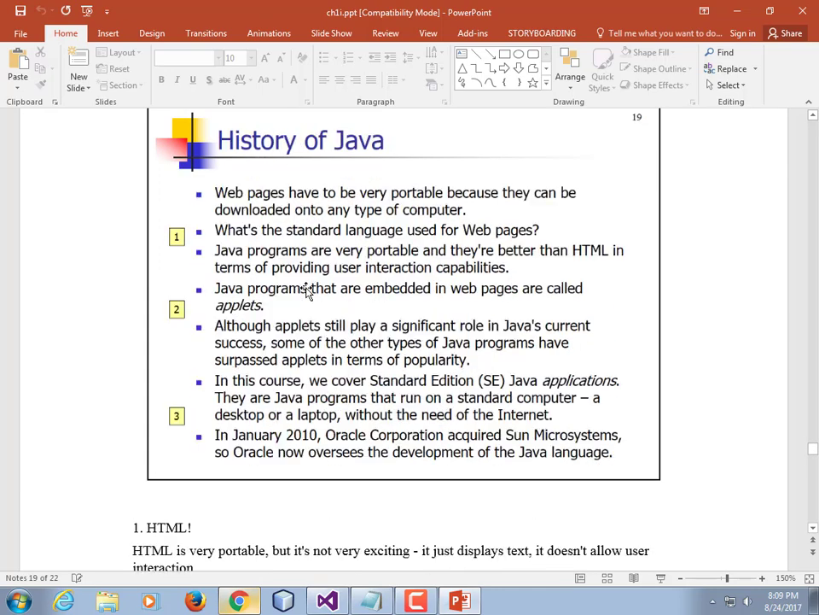All right, the history of Java. So web pages have to be portable because you want them to display on any device. What's the standard language used for web pages? Something called HTML. And then JavaScript. JavaScript and HTML make pretty interactive web pages. JavaScript wasn't originally part of the web, and so your web pages were very static. All you had was pictures and text and then links to other pages. So you could